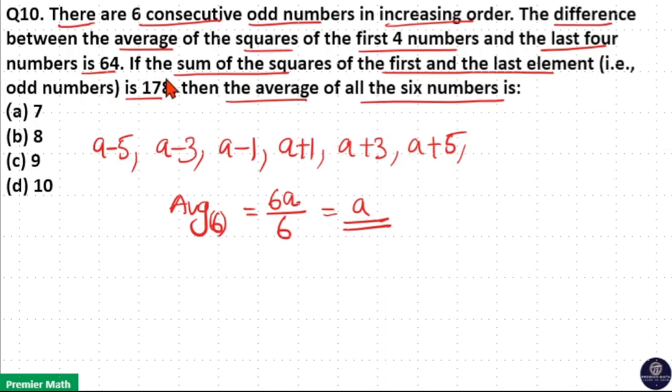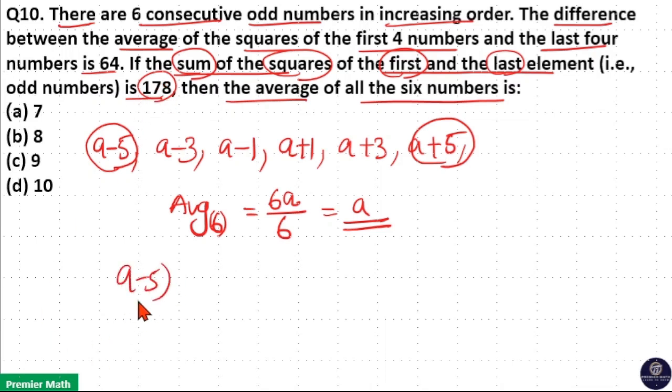And this question says, the sum of the squares of the first and last element is 178. First element is a minus 5 and last element is a plus 5. So if I take the sum of the squares of a minus 5 and a plus 5, it is 178. So a minus 5 the whole square plus a plus 5 the whole square is equal to 178. Now you can see